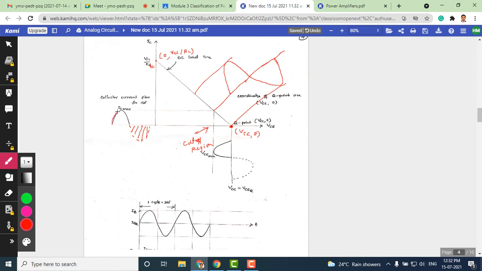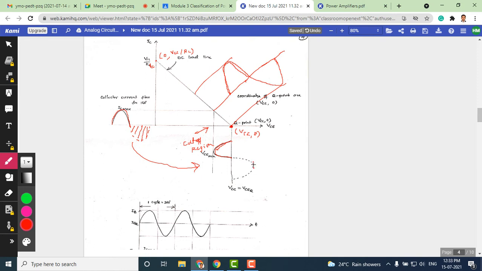So collector current flows only for the positive half cycle. So this portion of input cycle AC that we applied is the entire cycle, but only the collector current is flowing for the positive half cycle. But for negative half cycle, the collector current doesn't flow, because Q point is in the cutoff region, negative cycles are suppressed. Since collector emitter voltage is 180 degree phase shift from here to here, what you can see. So therefore negative cycles are produced here, as you can see, but positive cycles are suppressed in this collector emitter voltage.